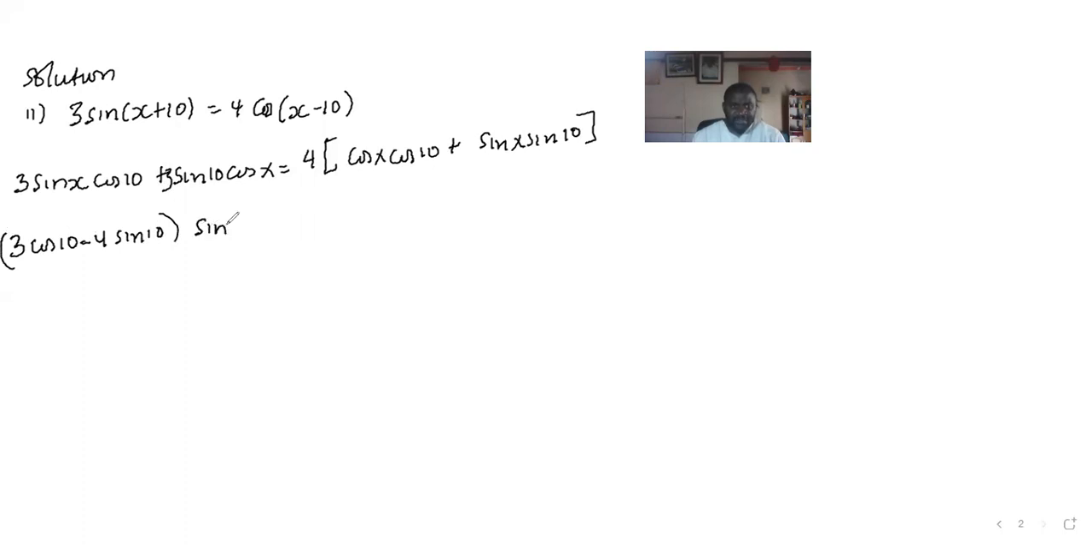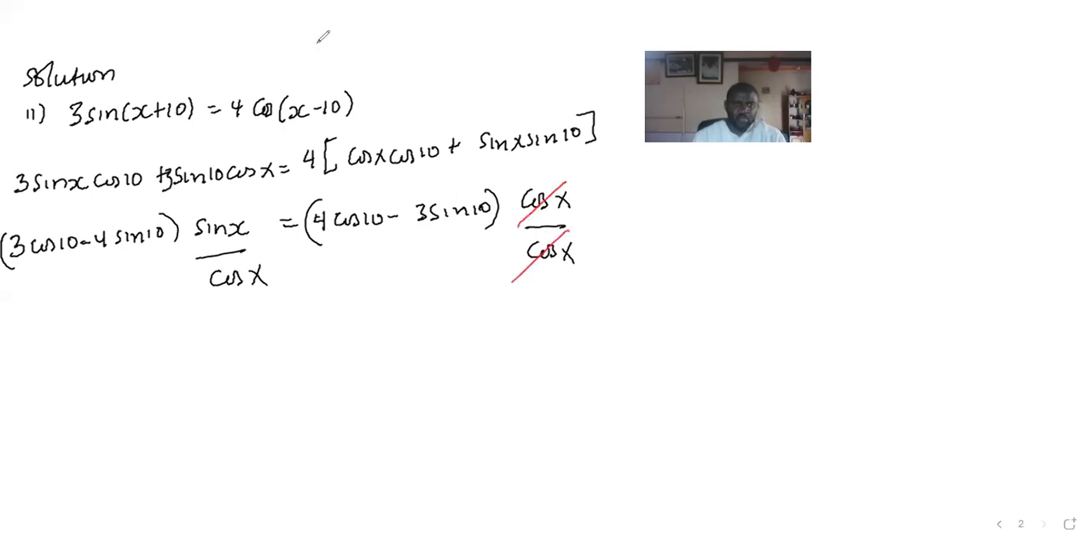Outside brackets, you have sine of x. It's going to be equal to 4 cos of 10 minus 3 sine of 10 times cos of x. When I divide both sides by cos of x, you realize that we shall lose the cos on the left and the right hand side to 1, and then